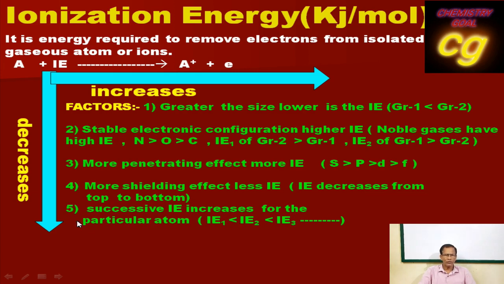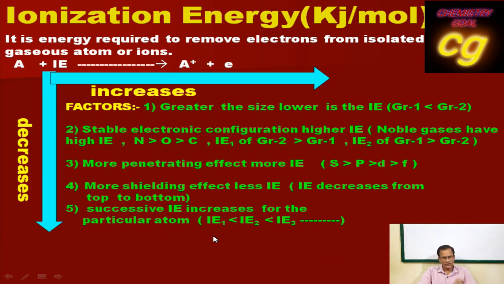Then successive ionization, a very important point, please note this one. Successive ionization energy always increases. For a particular atom, when you remove the first electron, second electron, third electron, the ionization energy successively increases. Because when you remove the first electron, the effective nuclear charge increases. Then again, remove the second electron, again Z effective increases. As Z effective increases on removing electrons one by one, the attraction between the outermost electron and nucleus increases. That's why more energy is needed to remove the next electron. That's why I1 is less than I2, less than I3, less than I4, like this.